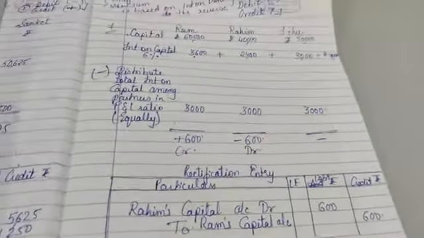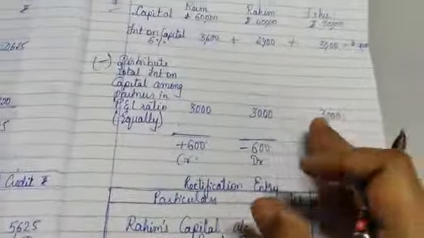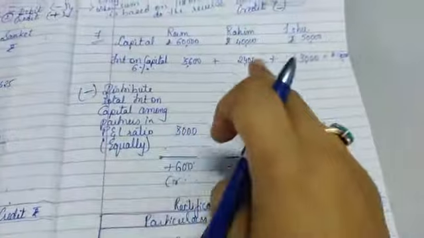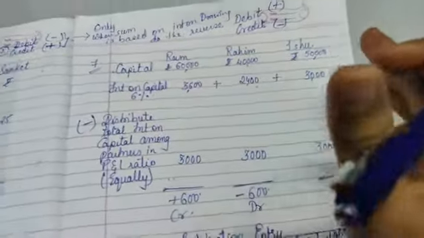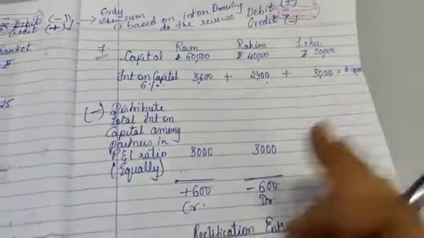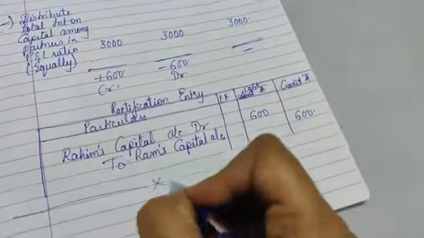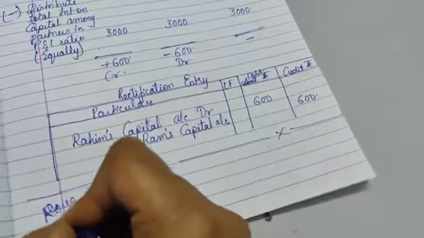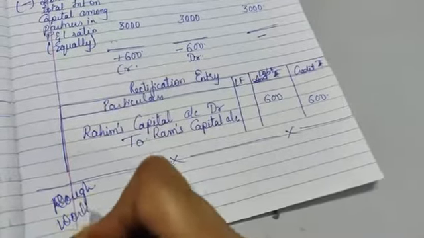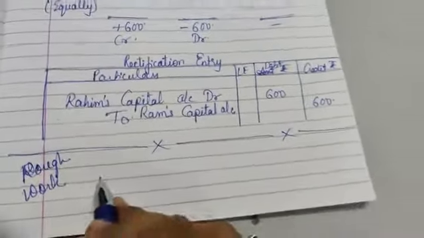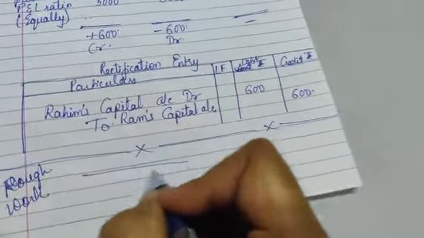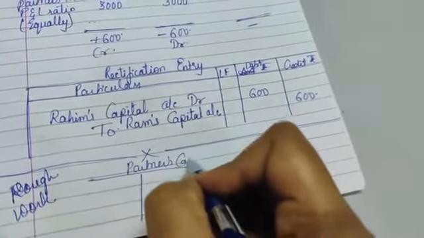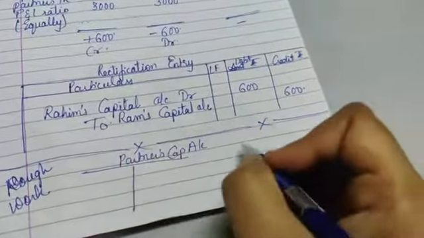Now, hope the sum is clear in your mind, but one more thing I will be adding in this. See why we are doing it like this. Almost you have done the final account of partnership. Everything is completed. What you were doing is just rough work. Now in the rough work, see what they have given. I just wanted to explain that you are preparing the final accounts, that is the partners' capital account, and you are preparing the P&L Appropriation.